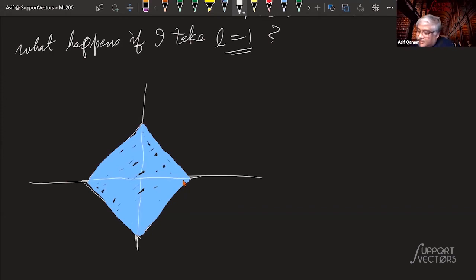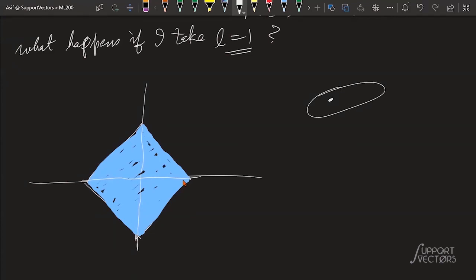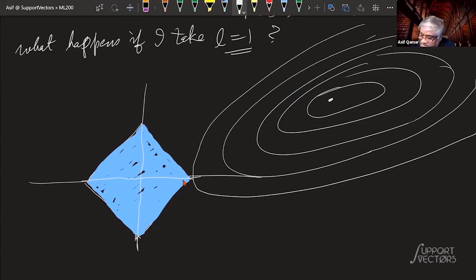Let's go back and draw our contour lines. Where do they seem to touch? They seem to touch on the axis. This is something very interesting. This is the x1 axis, and this is the x2 axis. What happens is, more often than not, this pointy edge